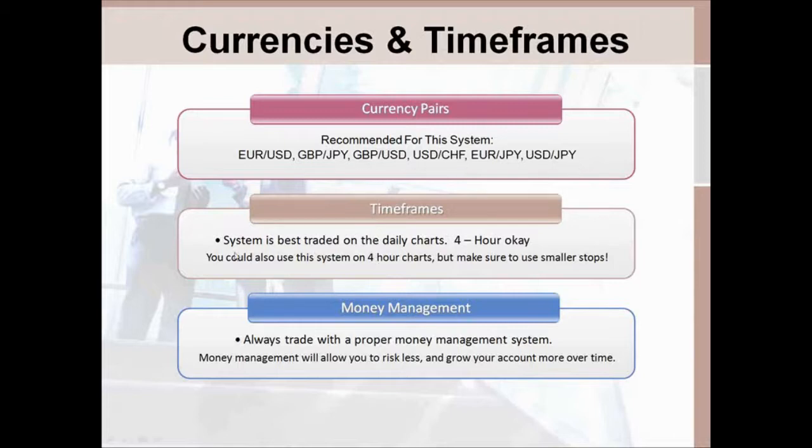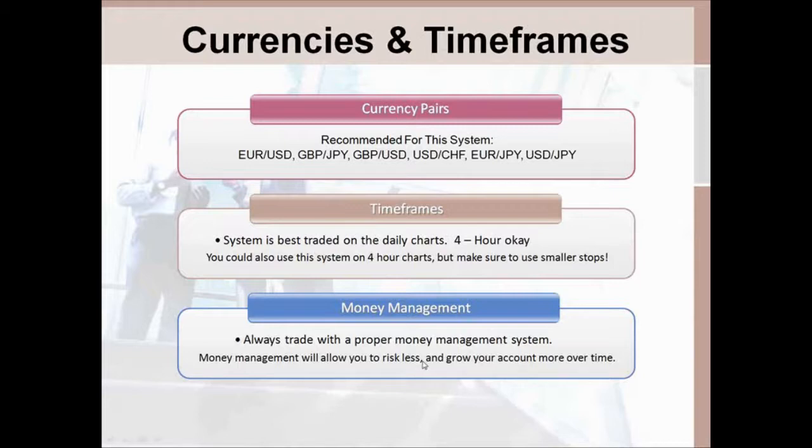For the time frames, as I said before, this system is best traded on the daily charts, but you could also use it on the 4-hour charts if you wanted to. If you're trading on the 4-hour charts, don't use 200 pip stops. Obviously, a 200 pip stop is too large for a 4-hour chart. You could use the same rules with a 50 or 60 pip stop and use it that way on the 4-hour charts. And then finally, let's move on to money management and show you an easy money management system